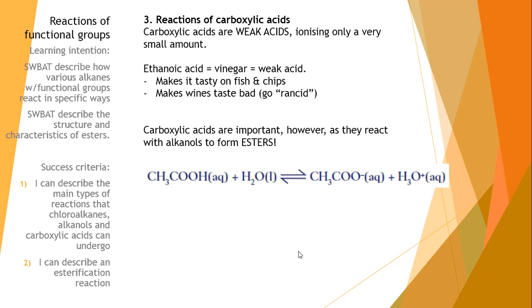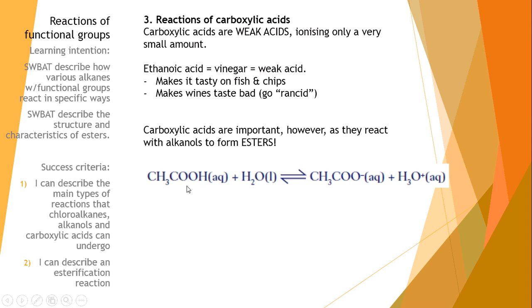In the book, Ch10.3-10.4, it describes ethanoic acid as, out of all the molecules in a bottle, only 1% actually ionize to release that H+ to make the substance acidic. So it's a very weak acid, unlike hydrochloric acid or sulfuric acid, which donate their protons, the H+, really, really easily. Carboxylic acids could seem like a dead end, but they are really important, because carboxylic acids are the ones that form esters. So if you have a look at this one here, CH3COOH,